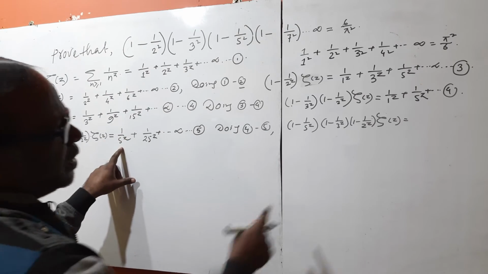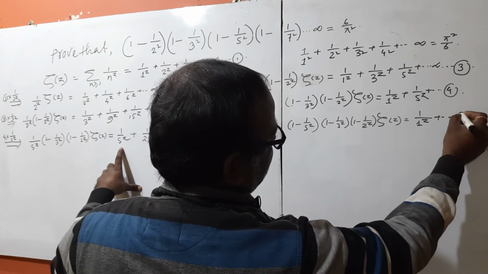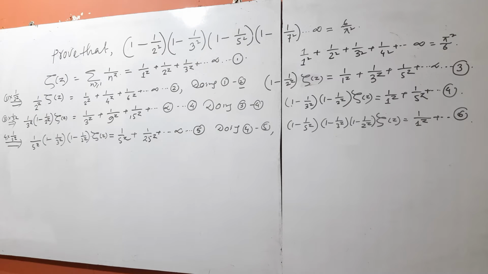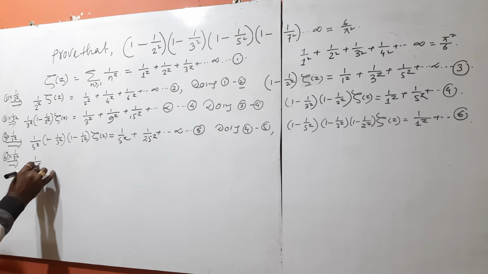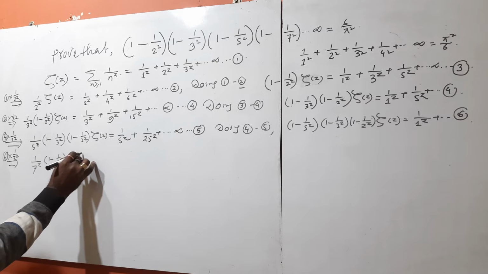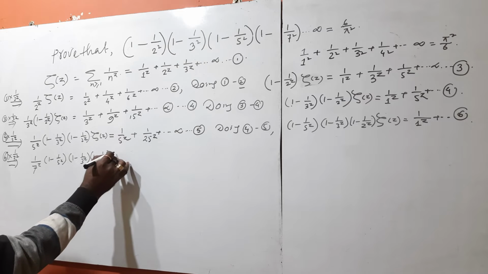So 1 over 5 to the power z are cancelled out. We have left only here 1 over 1 to the power z plus dot dot, and this is equation number 6. And same as if we multiply equation number 6 by 1 over 7 to the power z, then 1 over 7 to the power z into 1 minus 1 over 5 to the power z into 1 minus 1 over 3 to the power z into 1 minus 1 over 2 to the power z into